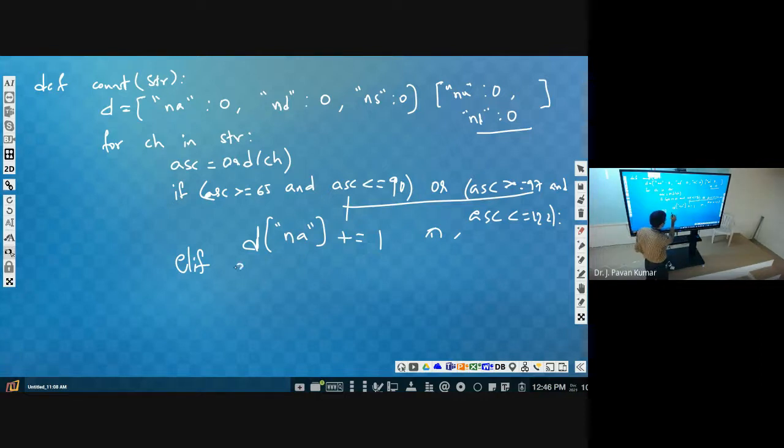The ASCII value of 0 is 48. For 9 it is 57. We can count contiguously. So if the ASCII value is between 48 and 57,